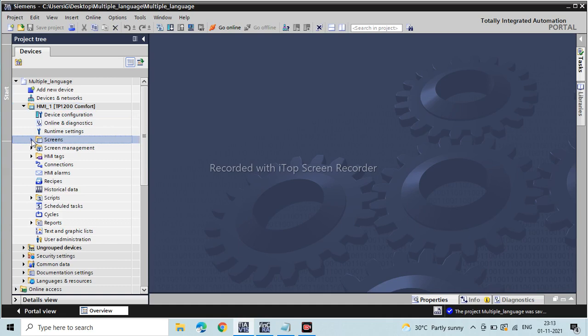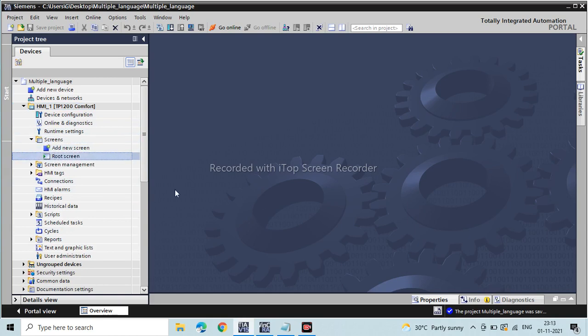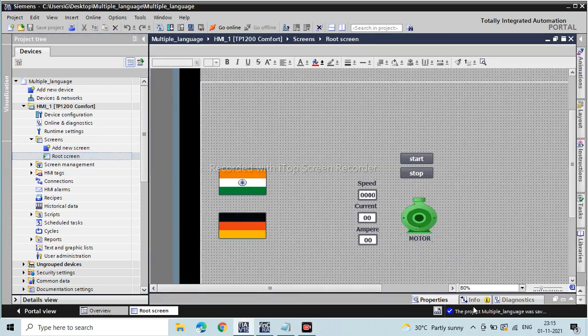I have added one screen, which is a default screen. You can see that this is the screen I have added in my HMI program.